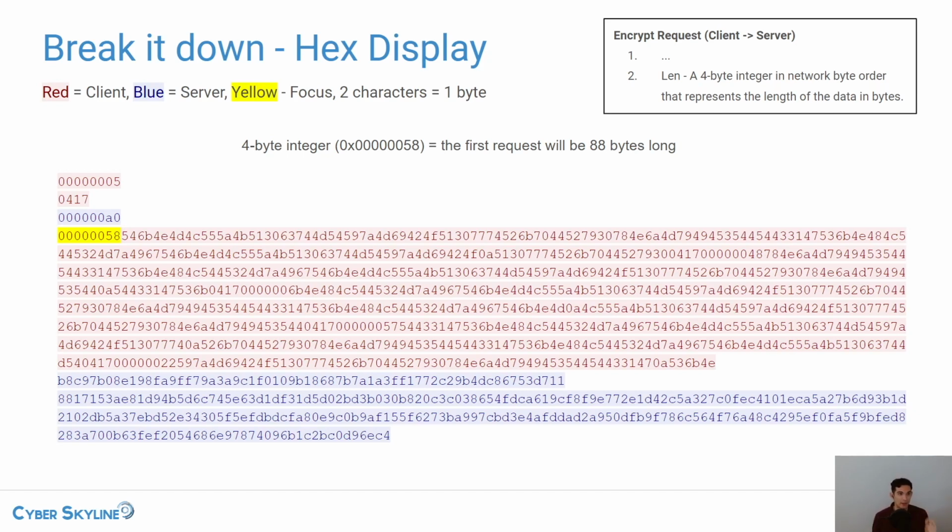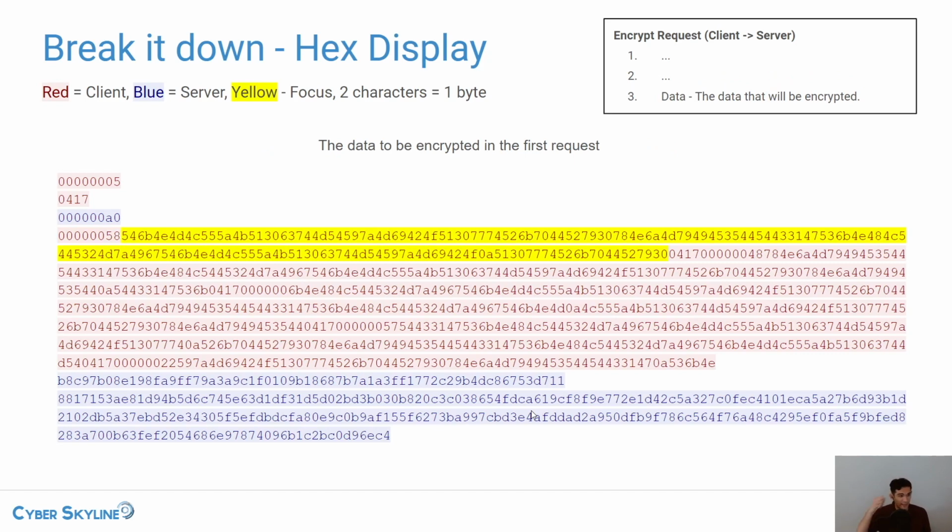So with that in mind, the second part of the encrypt request is this length. This is a 4-byte integer that says how long the data will be. And in this case, it is 0x58, which if you convert hexadecimal 0x58 into decimal, you will get 88, which means that the data in this request is going to be 88 bytes long. So then I highlight 88 bytes, and this is the data to be encrypted in the first request. So 88 bytes, that's all of it over here,